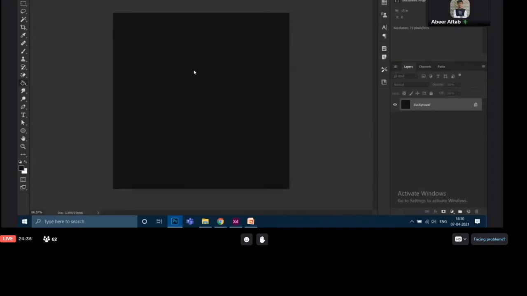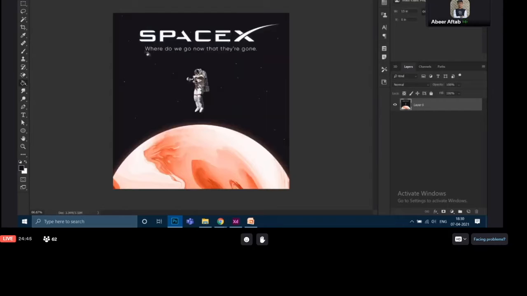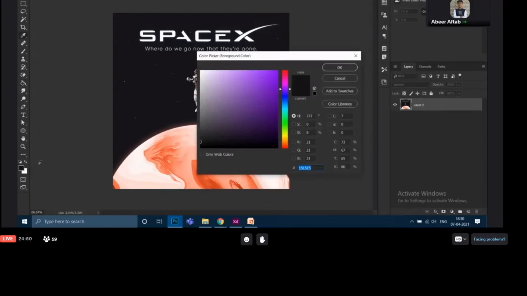Now you can see that I cannot fill it. Okay, I just filled it with the color, and so we have this grayish color. But what I want you to do is to take this color, this one. So I'll go to set foreground color again. I will get an eyedropper tool for picking the color. I will click on this and I'll get this color